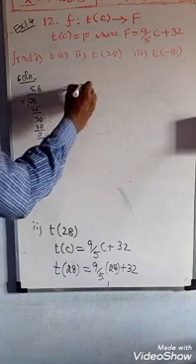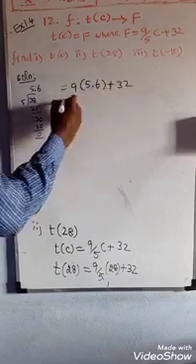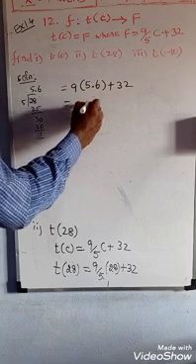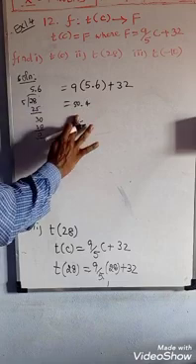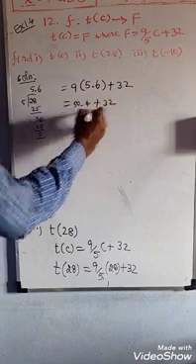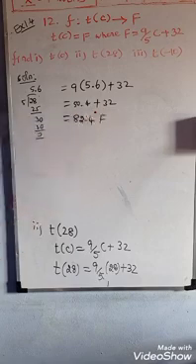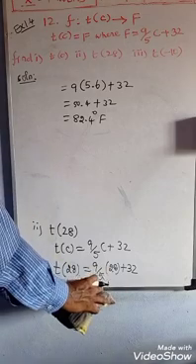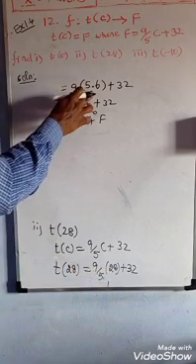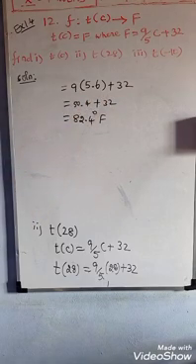Now 9 of 5.6 plus 32. Now you should multiply: 9 sixes are 54, 9 fives are 45, 50. So 50.4 plus 32. You should add, we will get 82.4 degree Fahrenheit. So you simplify first: 28 and 5 you cancel, we get 5.6. Multiply with 9, 50.4. After that you add 32. We will receive this answer.